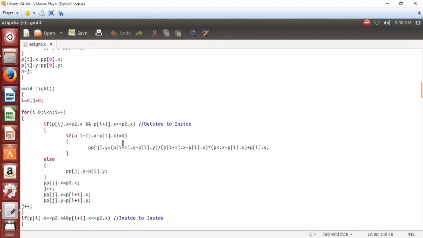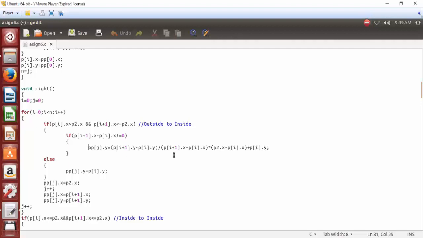Again here, if the x values difference, end point and starting point, is not equal to 0, we have to calculate only the y value. Most of the time this is going to be true. With this formula, same as the previous one, we take the differences of y and differences of x with p2's difference with p of i's x and p of i dot y multiplication.